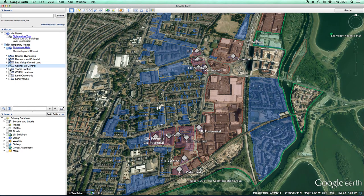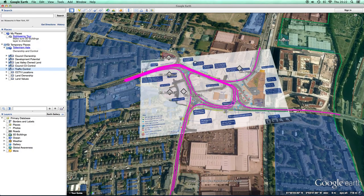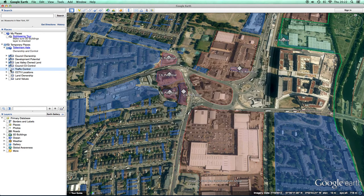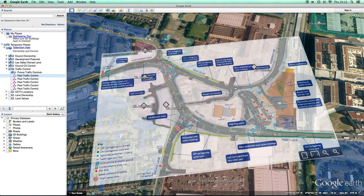Next we have the traffic control. If we turn on that layer, you can see that now we have an image overlay of the new layout, which is now existing. And these pink lines show the old gyratory system that was used in Tottenham, which is a one-way traffic control system, which is no longer used. Each individual pink line shows an individual route for the car to take around this gyratory system. We can turn these off individually. So if I turn these lines off, we've got the future layout, which is now the existing layout with a new bus station next to Tottenham Hale